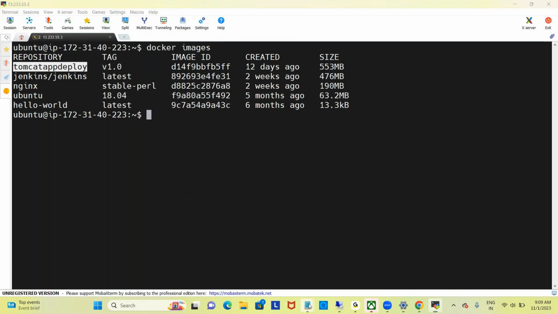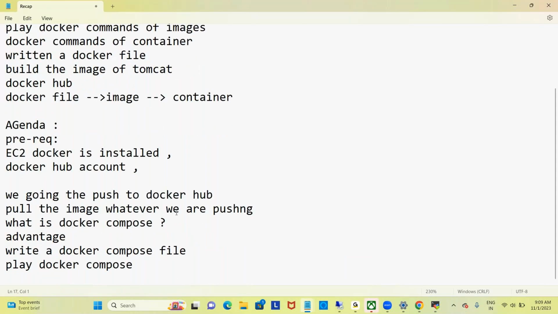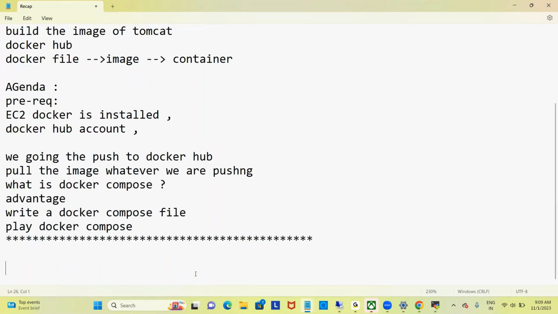We have created that image from the Dockerfile, and we are going to push it. So I'll be writing the steps. Basically, to push any image from the server to Docker Hub, the steps are: